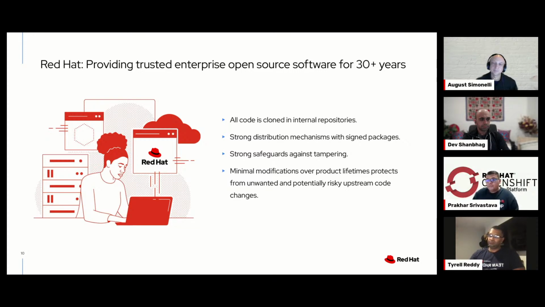And now what we want to do is take all the things we have learned in the last 30 years and make our customers learn that from us. We want to share the knowledge we have gained in the last 30 years to distribute those packages. We want to share how we do it internally, and how our customers can benefit from our experience. So this is what we are trying to do here.